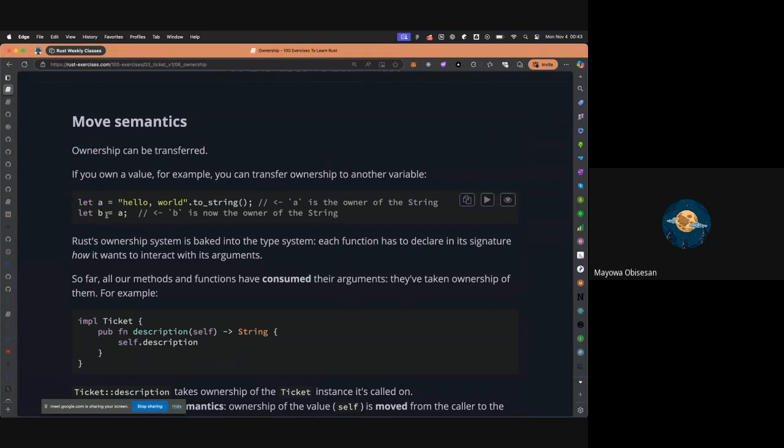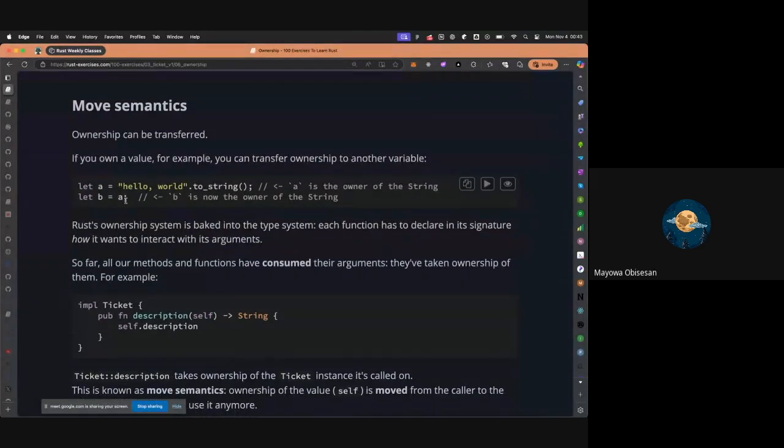But now let's look at b. Now, this b here now owns a. So that means automatically, because you've assigned a to b, that means b owns what? Hello world. Do you get it now? Don't worry, you'll see more examples. But try to understand this simple one, it is very important. a owns a word, right? But you assign a to b here. So that means